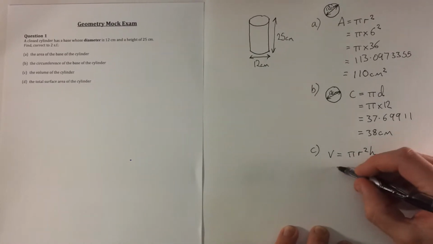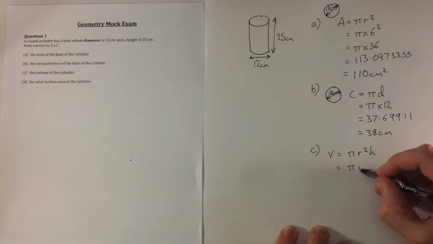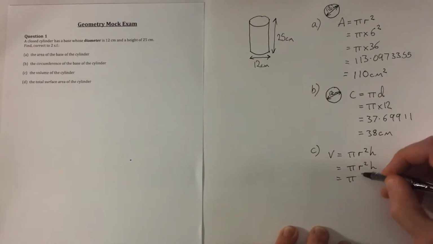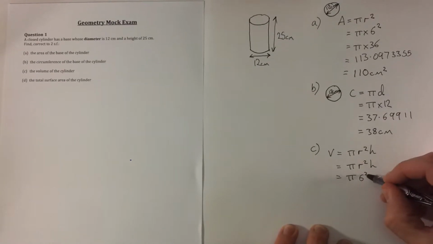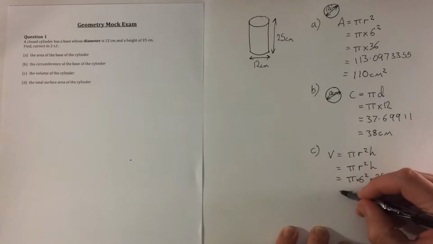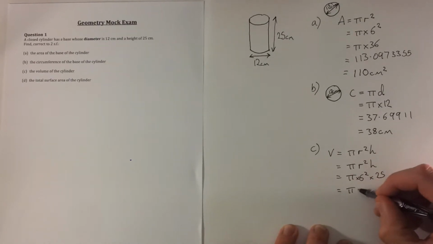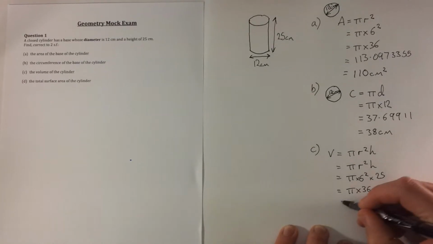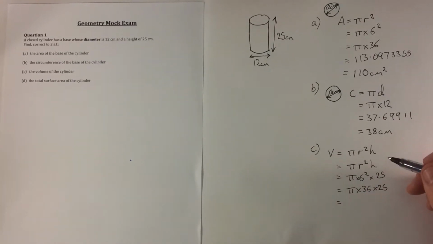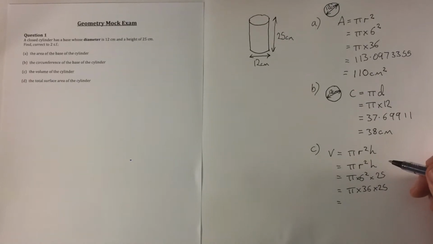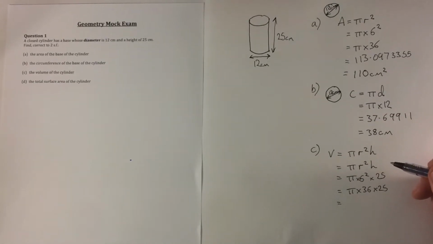So we have pi r squared times h, which is pi times 6 squared, times the height of 25. So that gives us pi times 36 times 25, and pi times 36 times 25 gives us